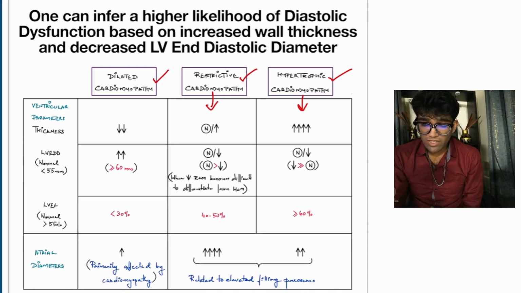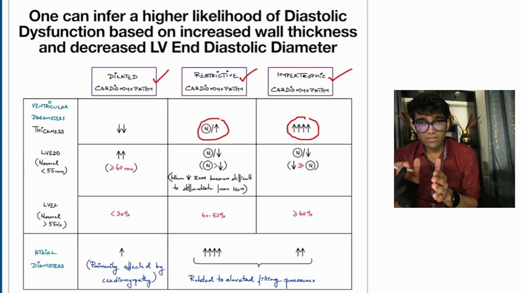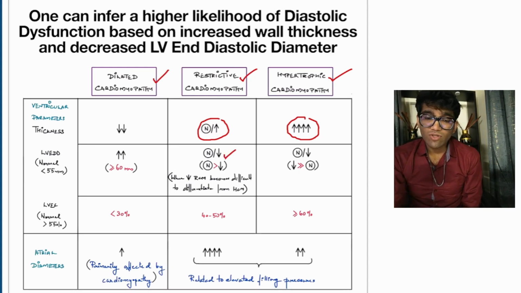Both of these conditions have very characteristic changes in the morphology of the ventricles. So what you see is that in restrictive cardiomyopathy, the thickness of the ventricular wall or the septum may be increased in some pathologies, whereas in hypertrophic cardiomyopathy it is almost always significantly increased, and it is almost the definition of hypertrophic cardiomyopathy. On the other hand, because of thickening of the wall of the ventricles, they may have a reduction in the LV end diastolic volume in either condition, and this is more so with hypertrophic cardiomyopathy than